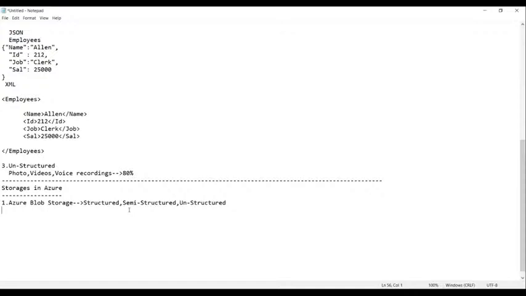Now the next one is Azure Data Lake Gen 1.